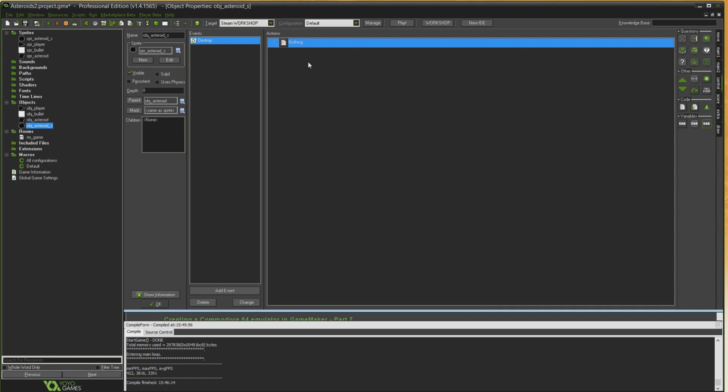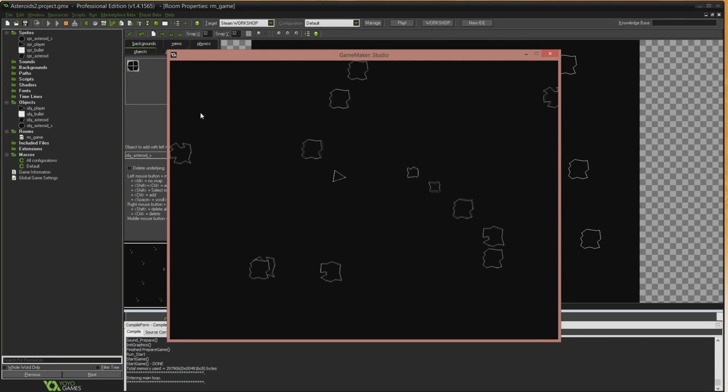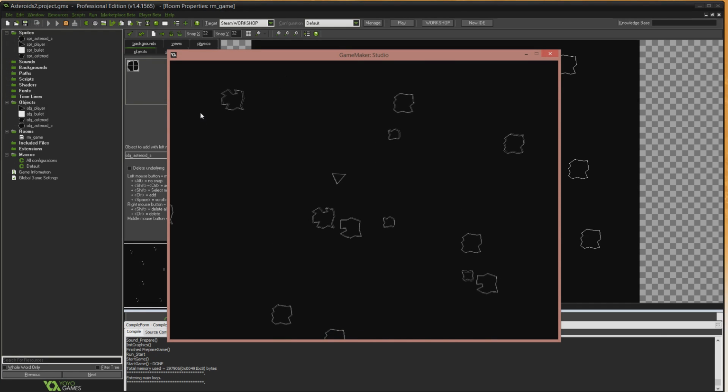The reason I bother putting that action in at all is because if you don't put any actions in, GameMaker will just discard the event and it'll go away. So you need something in there to tell it to run this event. But we're just going to do absolutely nothing in this, just so that it doesn't inherit the code from the larger asteroid object. Now if we run the game, we should see, hopefully, that those larger asteroids, when killed, yep, spawn 2 smaller asteroids